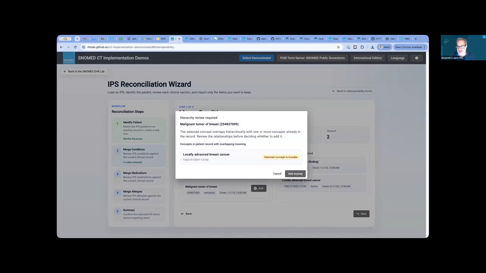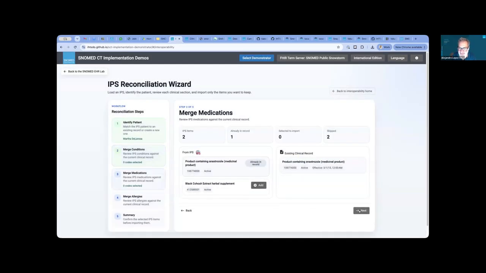Yes, I can say, okay, because I have all this SNOMED hierarchy, I have something in SNOMED in my record that is more detailed than the broader concept I'm trying to import. So I have locally advanced breast cancer, and I'm trying to import malignant tumor of breast. So maybe I can click cancel and say, no, I should not add this because it will add noise to my system.